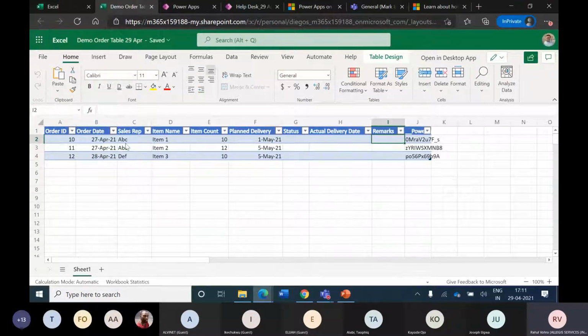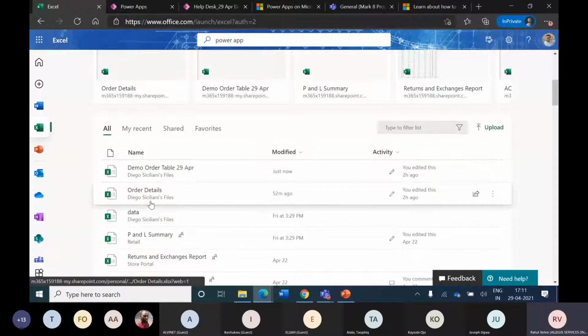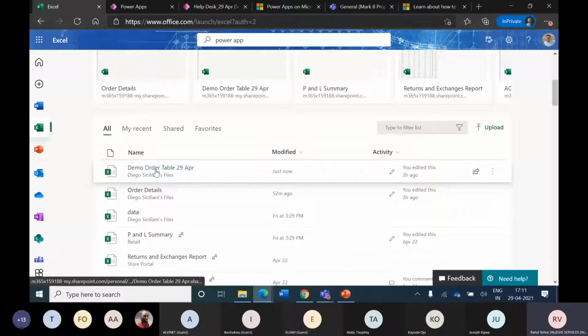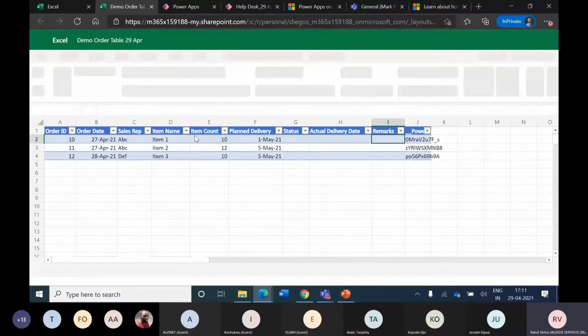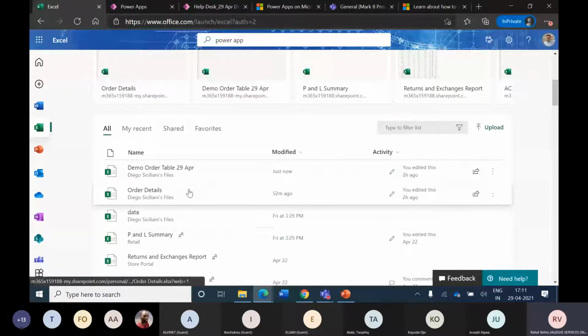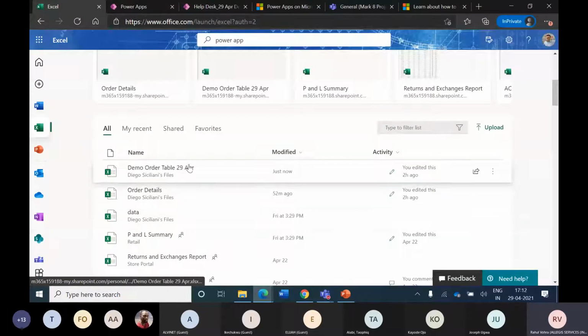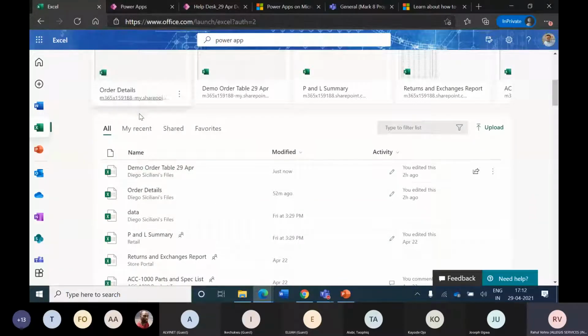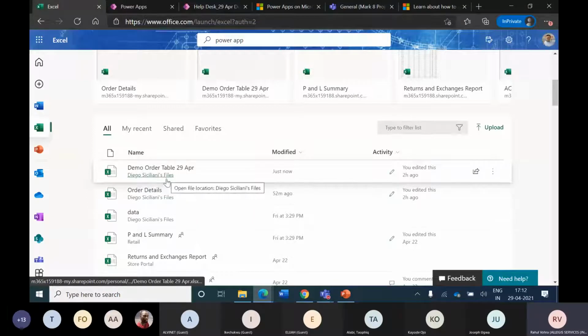And this is a very simple table here. So I'm going to make use of this table, or if you have any other table, say for example, I have another table here I can make use of. Any Excel table which you have created using Excel can be made use of.